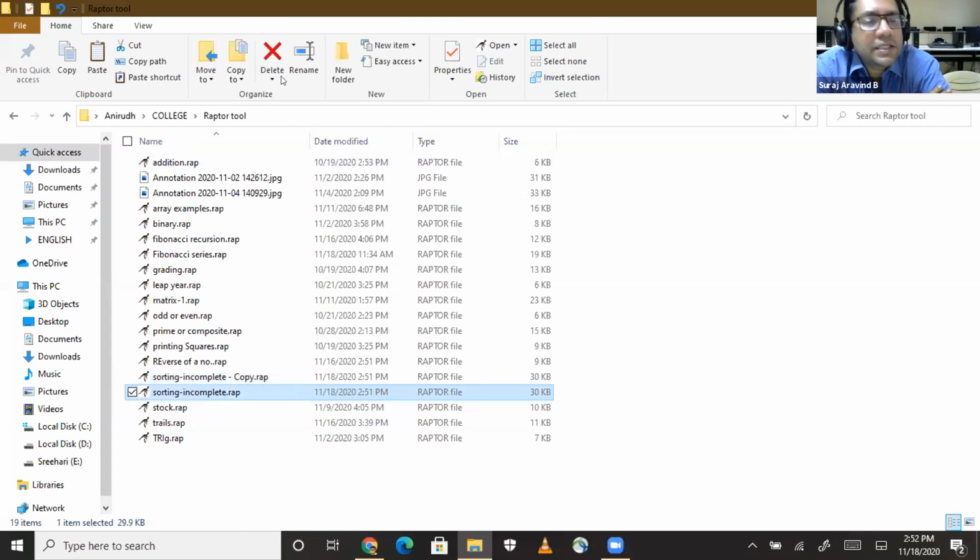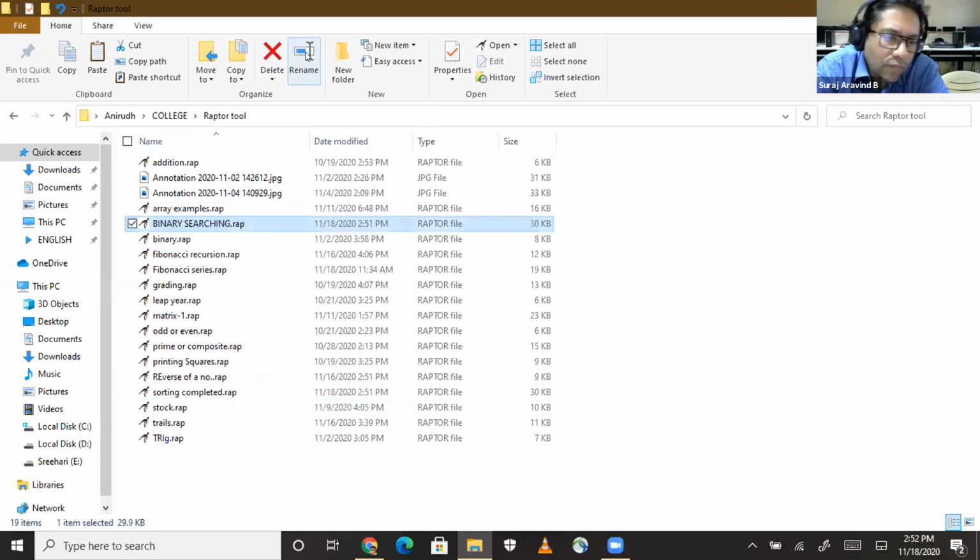Give binary search as the file name. Binary search. Open this.